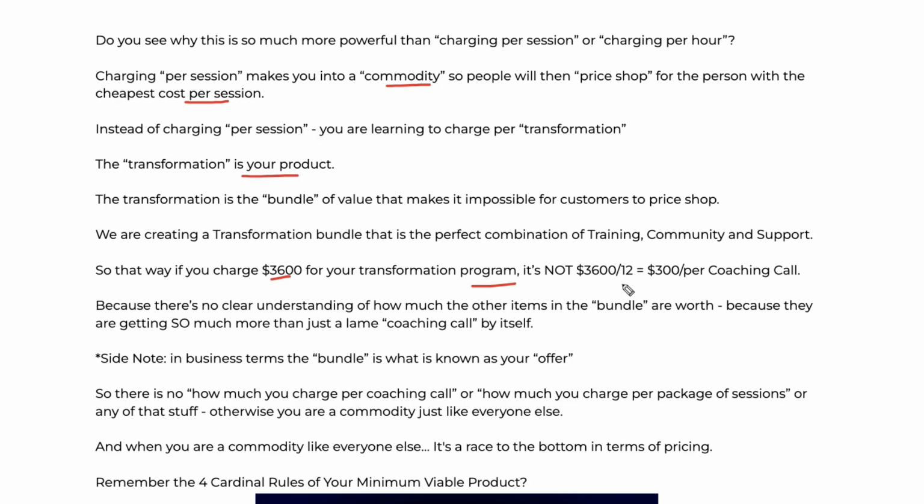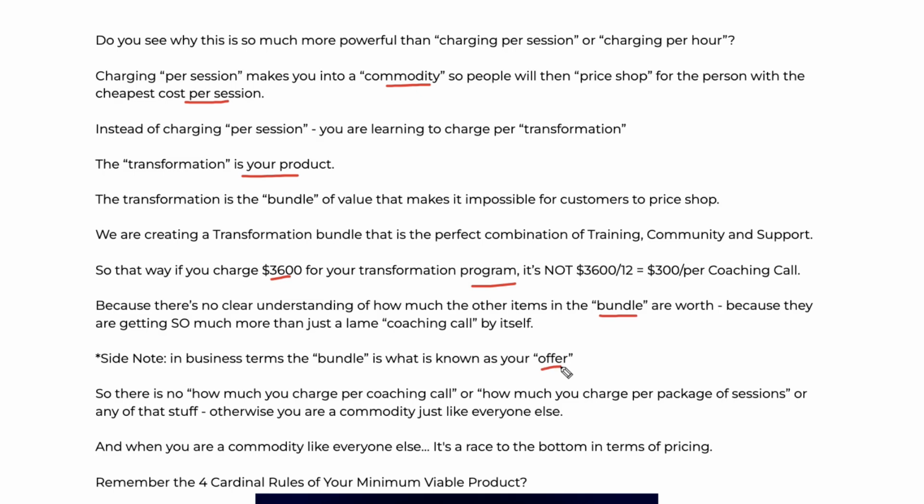Because there's no clear understanding of how much the other items in the bundle are worth, because they're getting so much more than just a lame coaching call by itself, okay? Just as a quick side note, in business terms, what I'm calling this bundle is referred to as an offer. Again, I'm not going to go into that right now, but I just want you to be familiar with the